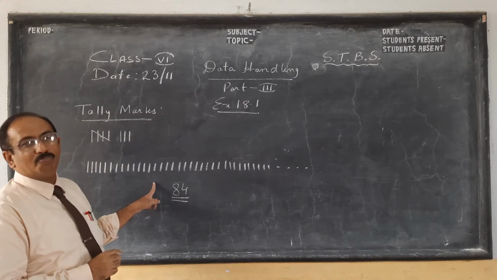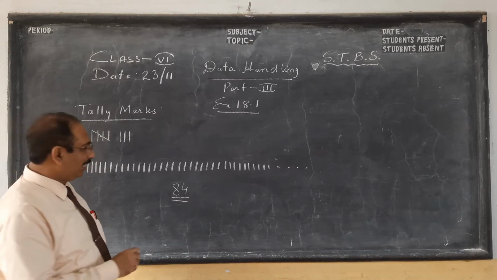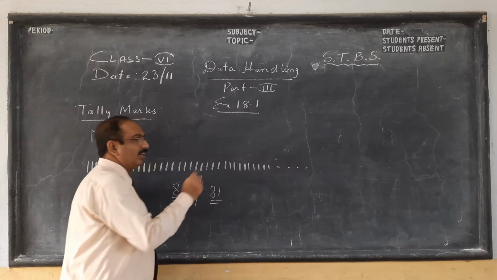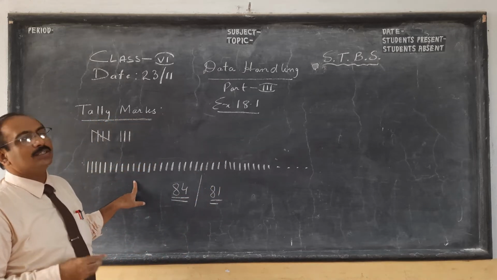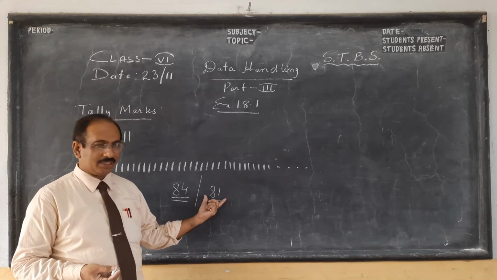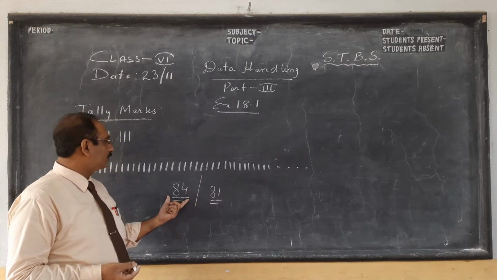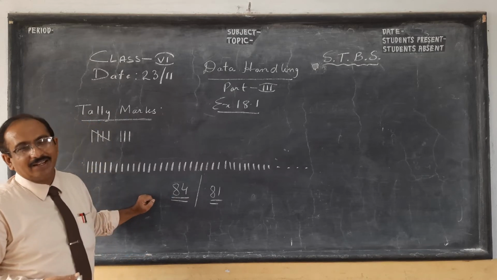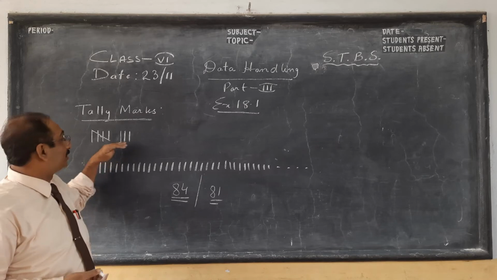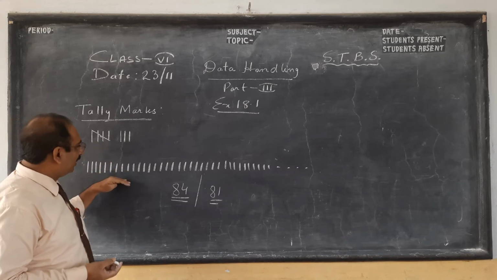Since we had to pay and we would calculate, we were more cautious, and we would say it's 81. 81 lines are there, so you have to pay, suppose 100 rupees for 100 clothes, 81 rupees. But his calculation would show 84. One thing that even at that time I did not learn in my class 5 or 6 was the tally mark. It was very easy to do this.